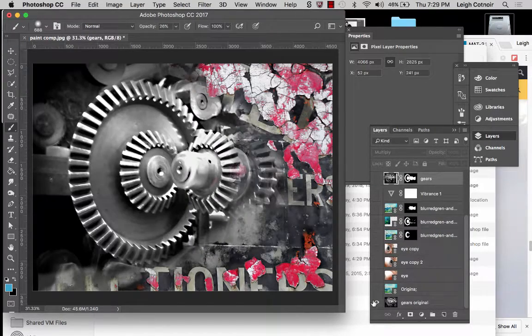Here, let's just turn the big one on. All right, so what I did was, first of all, this original gear, I went ahead and I made it less blurry. I actually went in and I sharpened it, but really, really significantly. And just to show you,